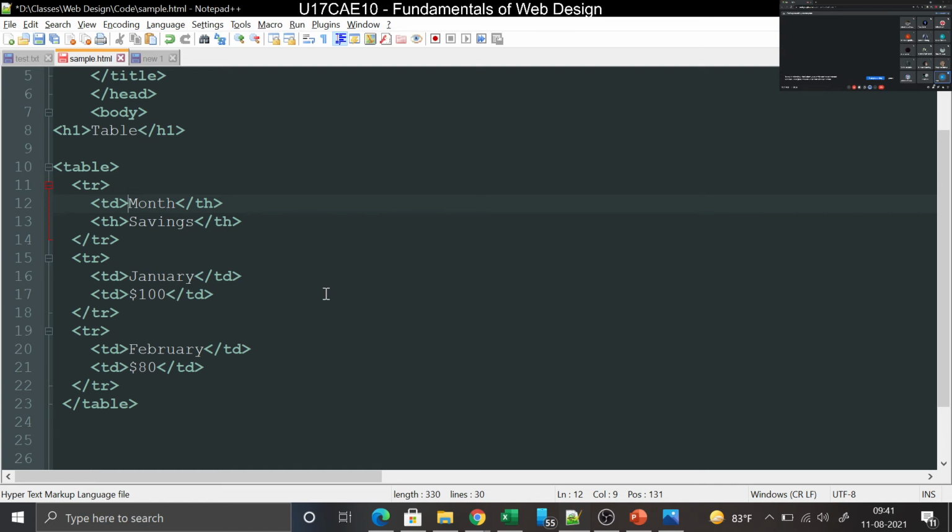Yes, sir. Right? So as I told you, a table is read from left to right. In Word and all, you just create the table. You can type in any fashion you want. Here how we have to go: first row, then first element, second element. You don't have a concept of column. Suppose you want to increase the column, you have to increase one more element in each of the row.